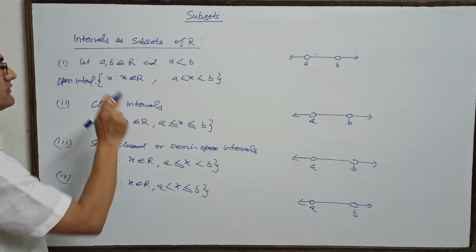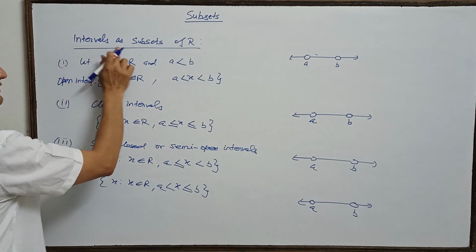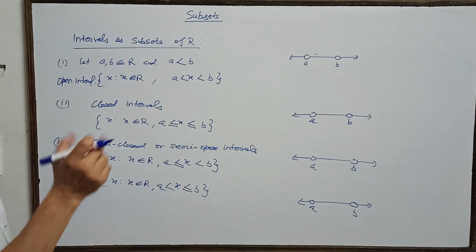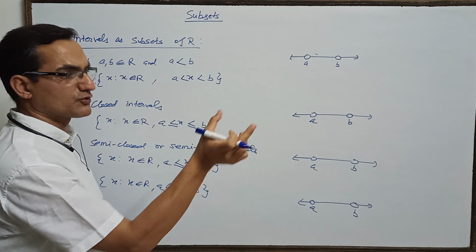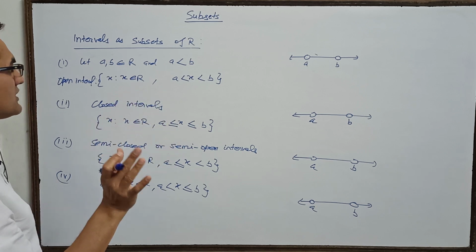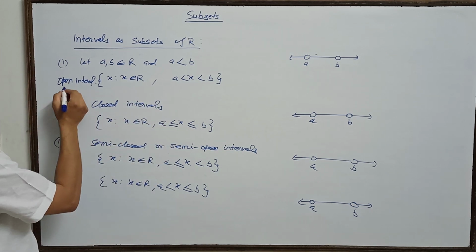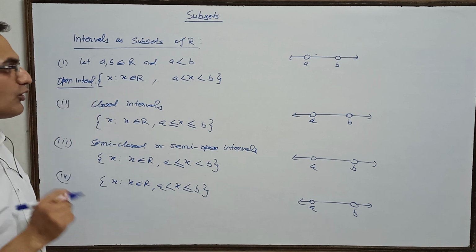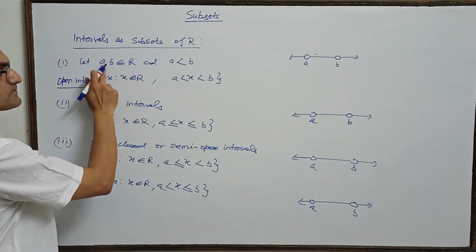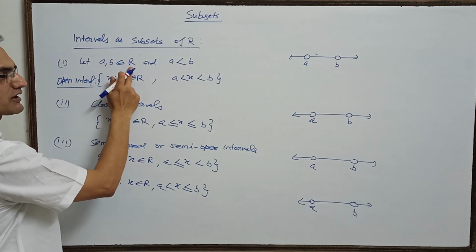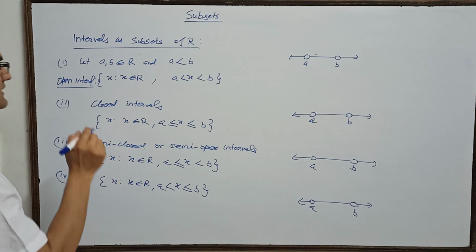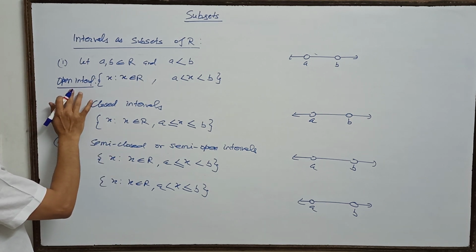Now, in this one we will discuss intervals as subsets of R, meaning real numbers. Intervals means it has two limits, and the numbers that come inside it, the real numbers, it is related to that. First of all, we will discuss the open interval. Open interval means it is open from both sides. Let A and B be two real numbers, both belonging to real numbers, and A is less than B, or B is greater than A. Then, if we discuss the open interval, it means